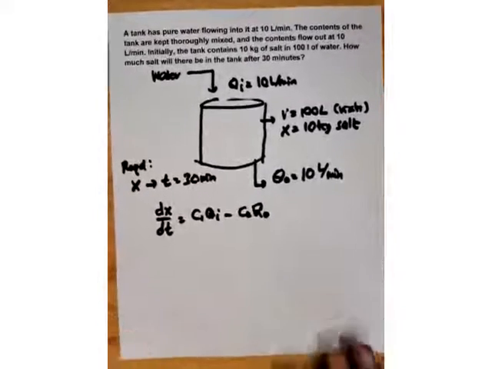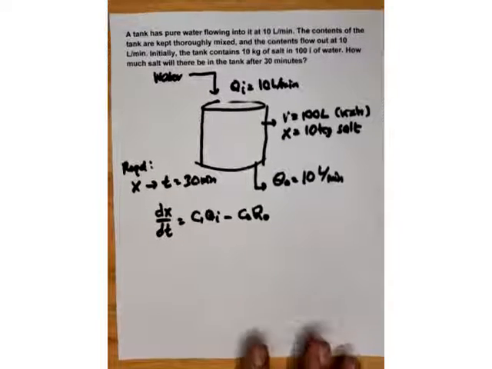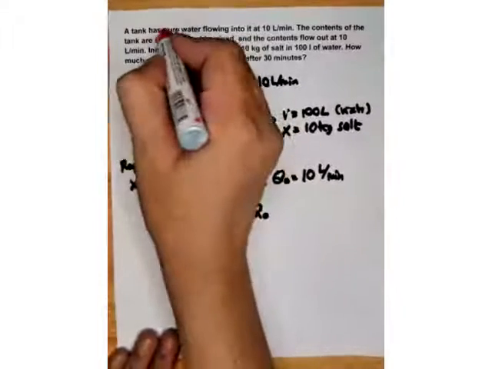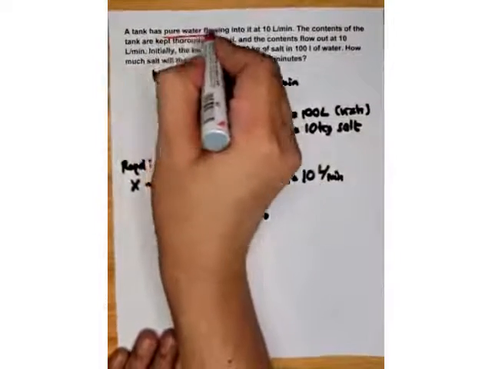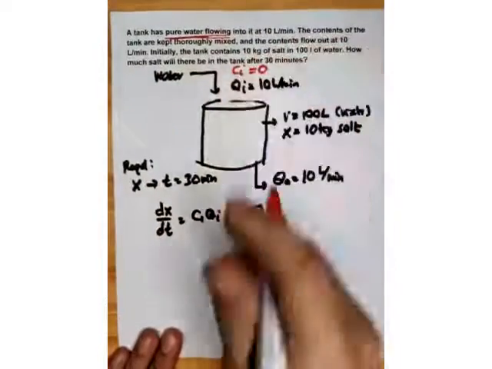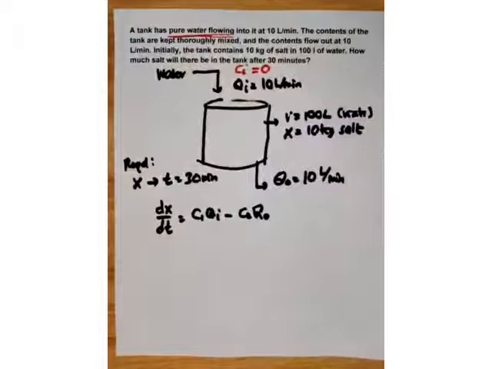Ayan. Meron tayong issue lang dito. Ano ang CI natin? Okay, what is C initial? So, ang C initial natin, class, sabi dito, it's pure water yung pumapasok doon. So, that means CI natin will be equal to 0, kasi wala namang concentration yung tubig. It's pure water. So, therefore, CI is 0. Okay? C initial is 0. So therefore,